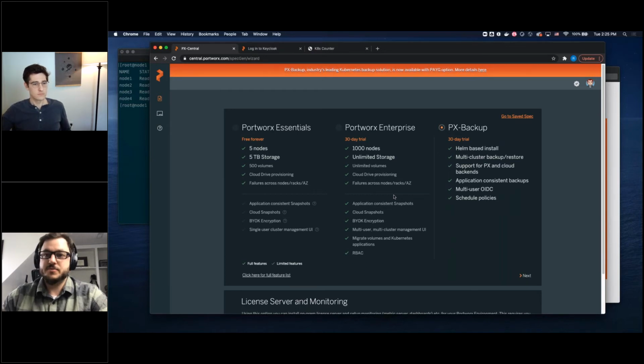Essentials is our free tier, free forever. You get 5 terabytes of storage. Portworx Enterprise is a 30-day trial. You would simply select these. And PX Backup, which I'm going to show you today, you would select PX Backup and click Next. There's also some license server and monitoring that you can add to your central deployments and things like that. So definitely head on over to